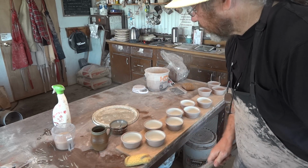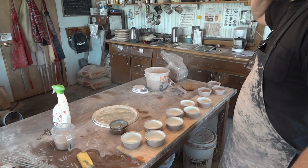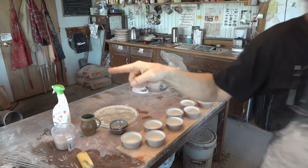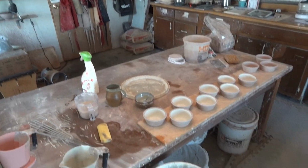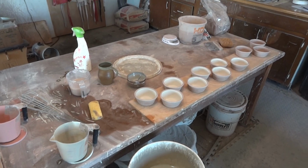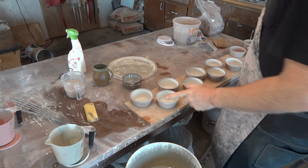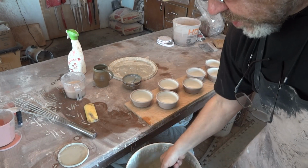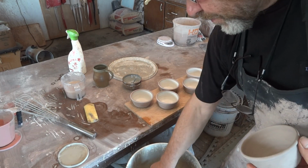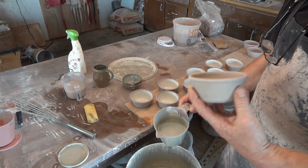So, what am I doing? Right, I just wanted to bring you in on what I'm doing here. And then we're going to go over to the decorating. These are the ramekins you saw me throwing and finishing off. I've just got a few more to do here. So what I wanted to do was just quickly show you, and I recommend, when you're glazing like I'm going to do now,